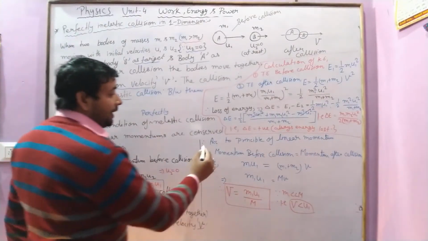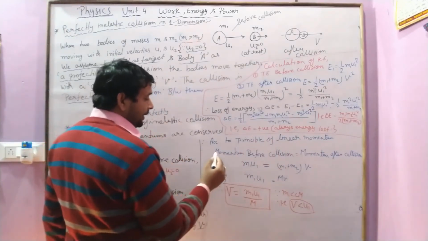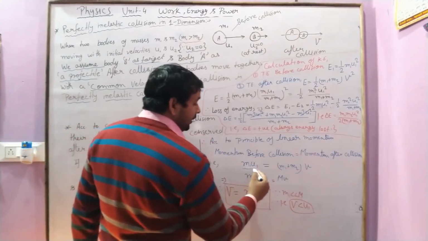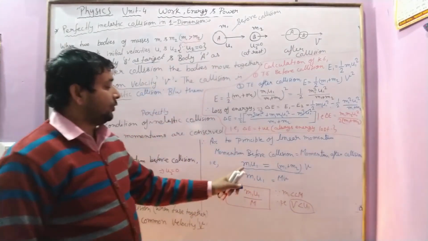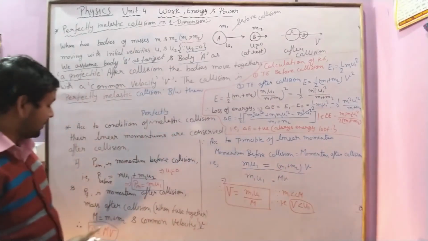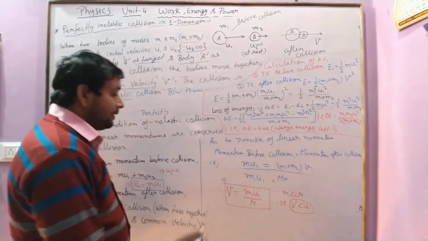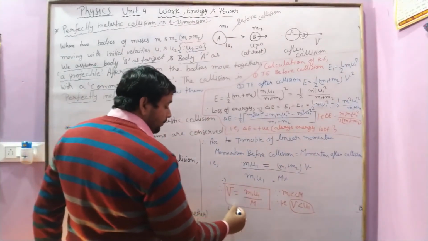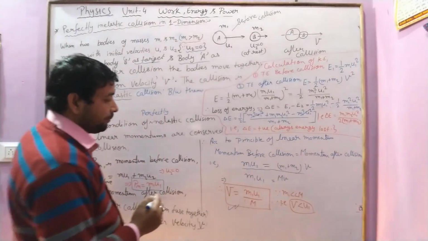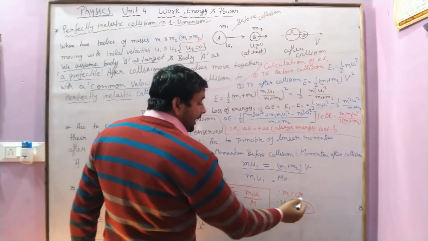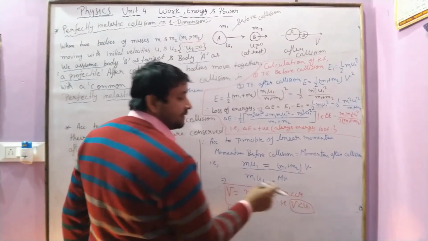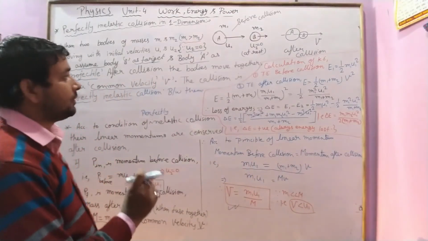Now according to the principle of conservation of linear momentum, momentum before collision and after collision are equal to each other, so we have m1 u1 is equal to (m1 plus m2) v, and m1 plus m2 is the common mass, that is capital M. Then we calculate from here the final velocity of the objects moving together. Because M is much greater, the final velocity is smaller than the initial velocity of the object.